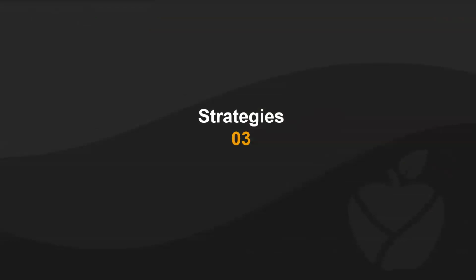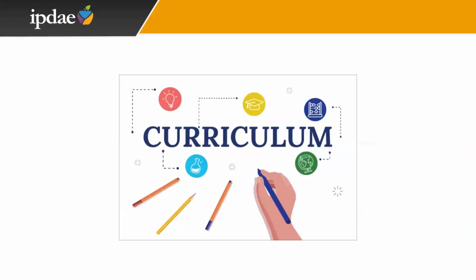All right, so now we're going to look at some strategies that can be easily implemented into your lessons, but let's talk about the curriculum first. In the next few slides, we'll explore how visual literacy is already part of our adult ed curriculum, and you might not even realize it, but you're already using it in some of your simple, fun classroom activities. So here's the goal. Recognize how you are already incorporating visuals and visual literacy, and pick up a few fresh practical ideas to take back and try in your own classrooms.